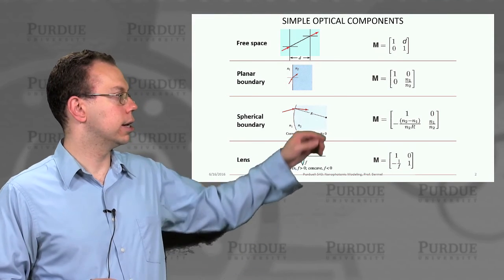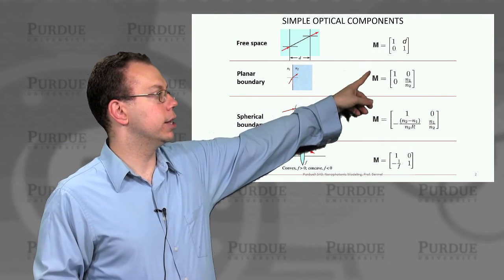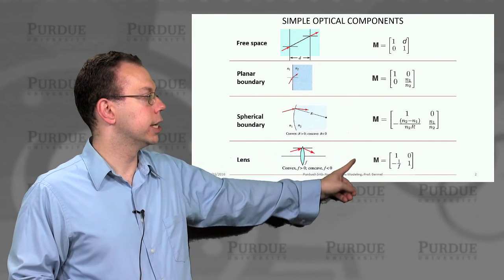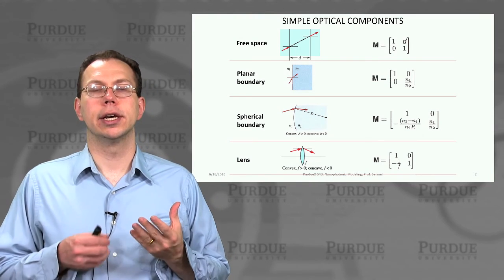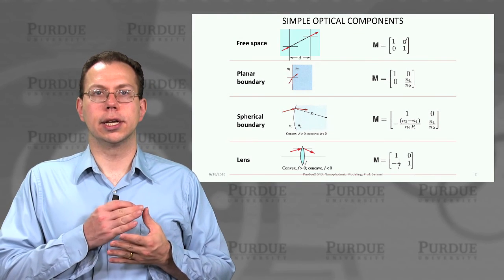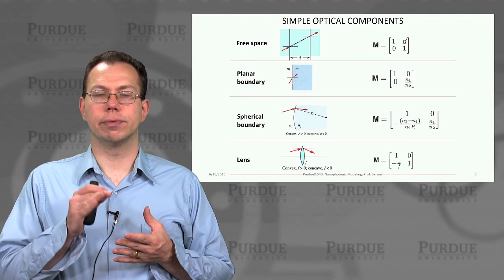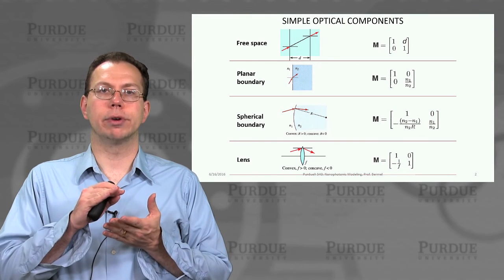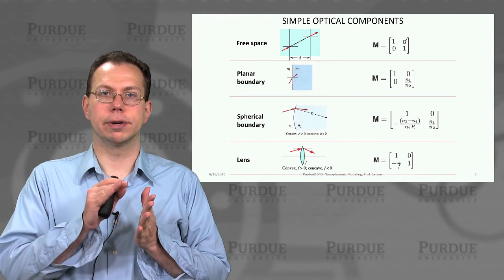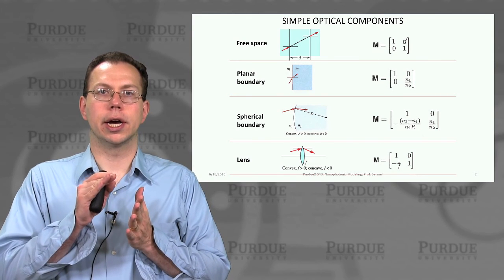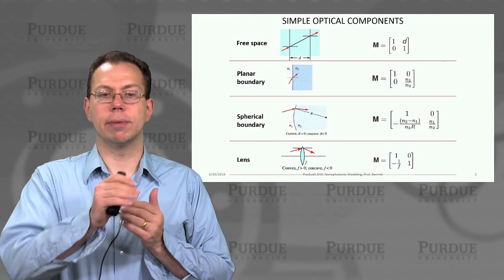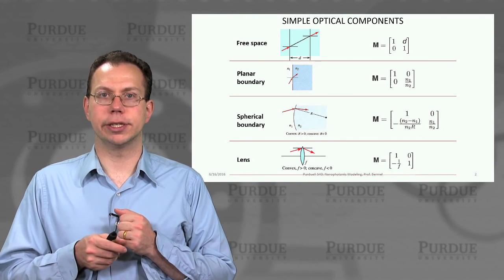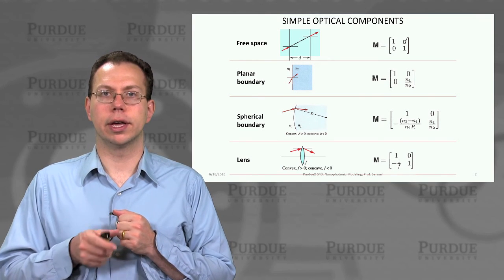Now, of course, this is not an all-comprehensive list, but these are some of the elementary units we considered, like propagation through free space or across dielectric boundaries, spherical boundaries, and lenses. In general, we said that as long as we can represent our light as a ray, in other words, it has a certain height and angle with respect to the optical axis, and we're in the so-called paraxial approximation, or in other words, the angle is close to the optical axis, then we can propagate through many of these components in a chain using matrix multiplication and correctly predict the final output ray.